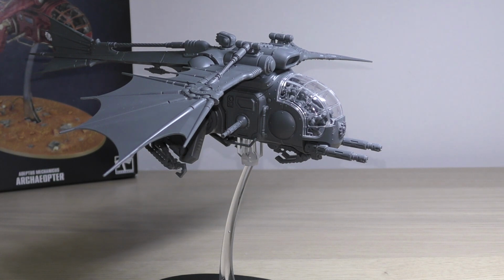Transvector. Now whichever one you pick, the unit profile is exactly the same throughout all of them, which is kind of to be expected. I would have liked a better toughness or something for the Stratoraptor, or I don't know, something slightly better, but still,